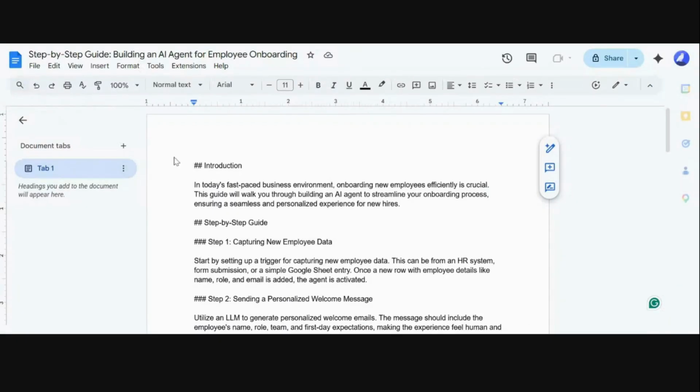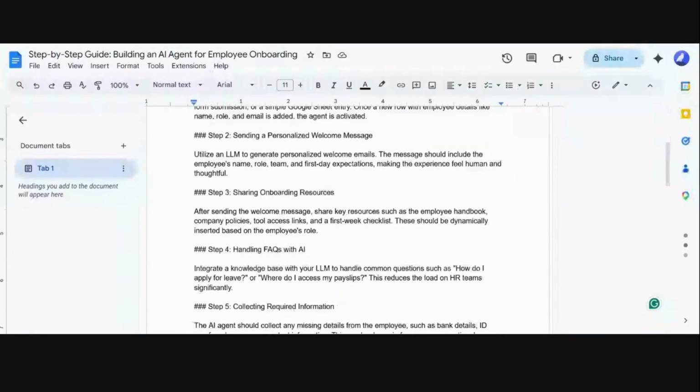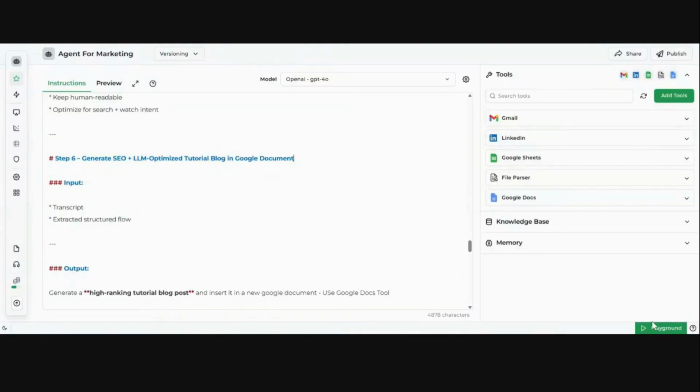So as you can see, this was the content piece that was generated. And if I just head back to my agent and show you the agent response,